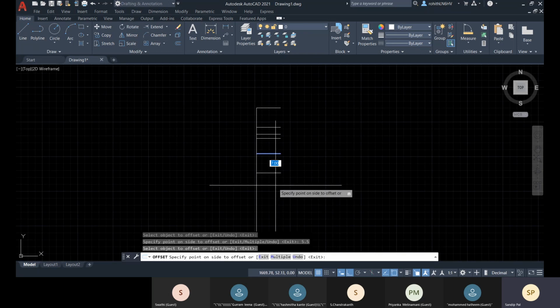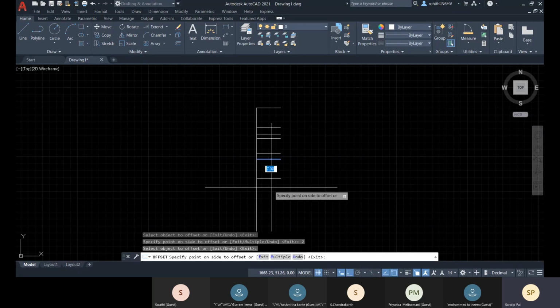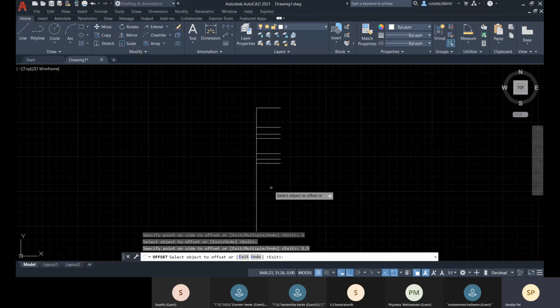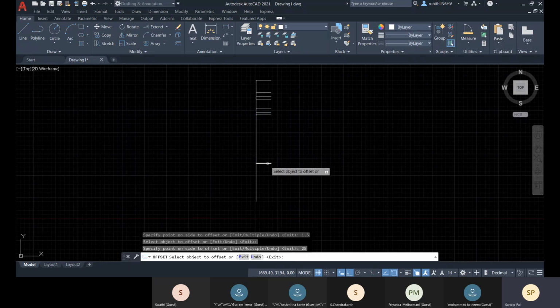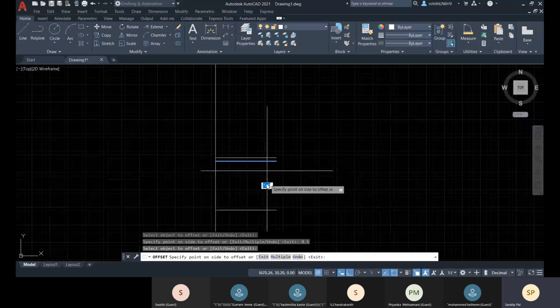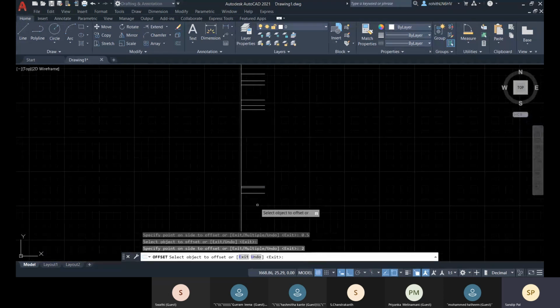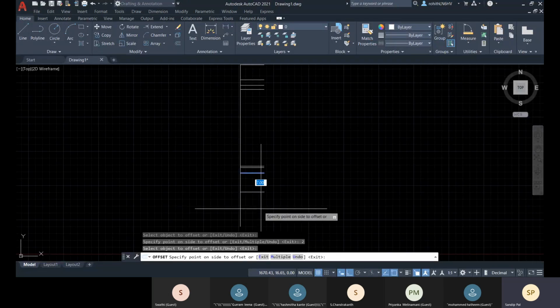Let's go for 2, and next let's go for 1.5, and next let's go for 28 there, and after that let's go for 0.5, enter, then select this object, then this object towards this direction.